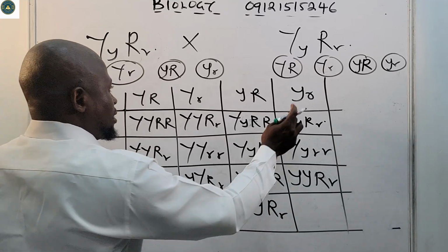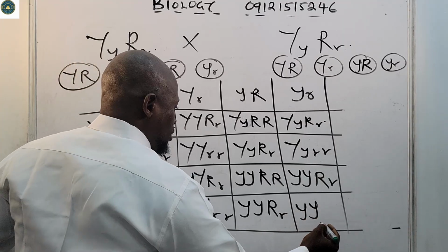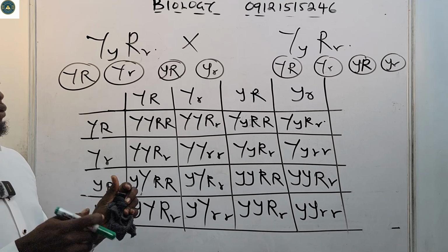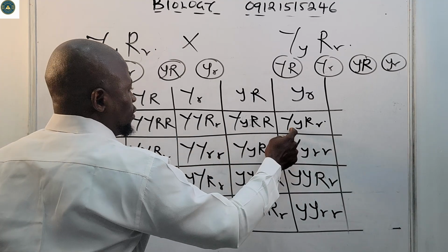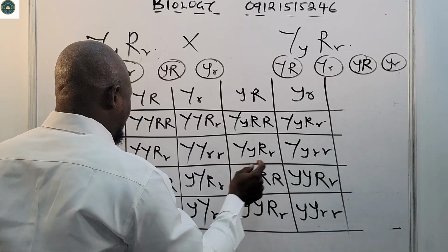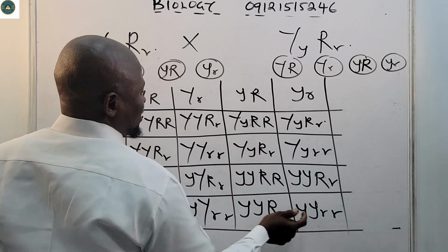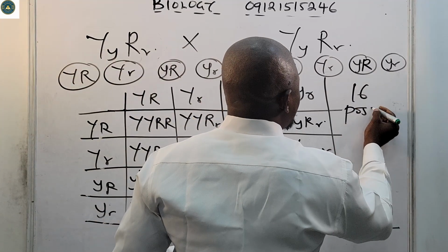So this will multiply this. I'm going to have what now? Small letter Y, small letter Y, small letter R, small letter R. Now, at the end of our F2, how many different combinations do we have? 1, 2, 3, 4, 5, 6, 7, 8, 9, 10, 11, 12, 13, 14, 15, 16. Okay, so we have a total of 16 possible